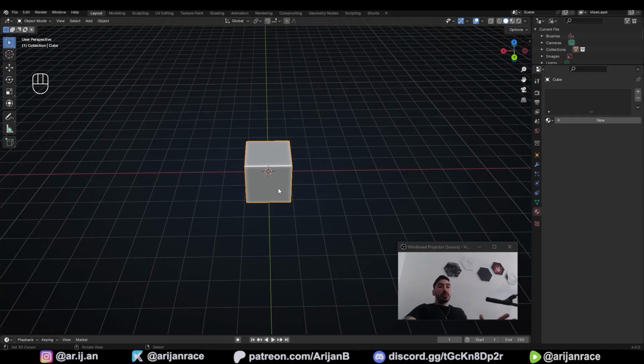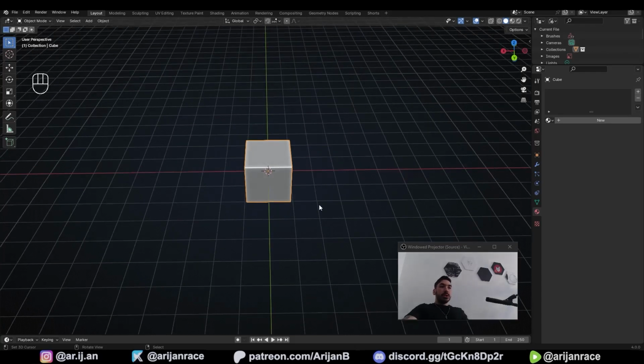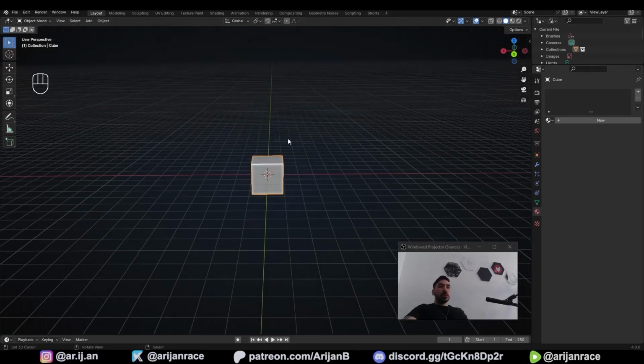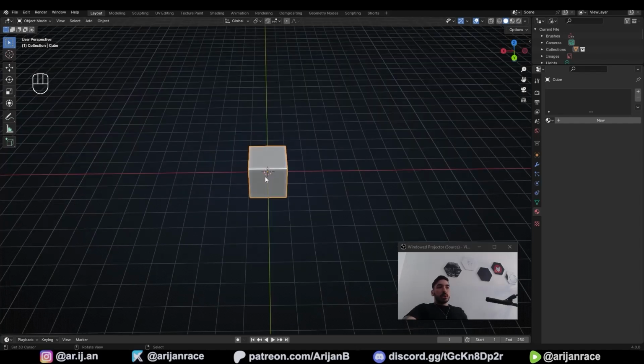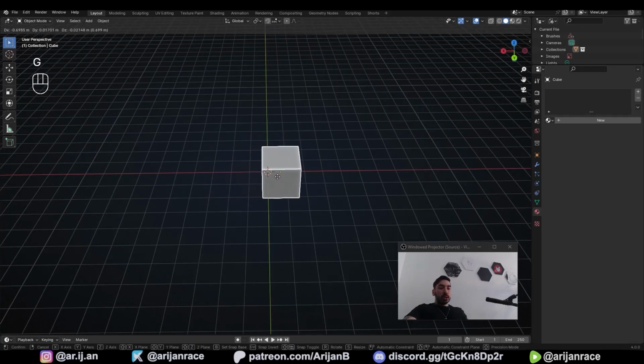If you want to transform your stuff more accurately, you can type in numbers to tell Blender exactly how much you want to move or scale or rotate this object. For example, each of these squares on this grid pattern on the floor represents 1 meter. So if we move this cube with G along the x-axis, we can move it by exactly 1 meter,